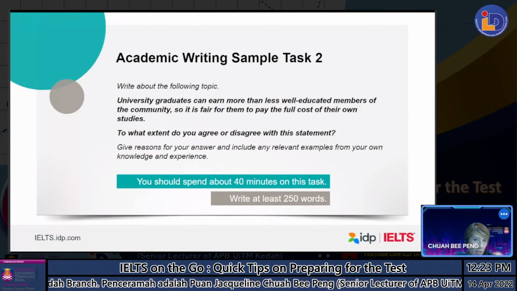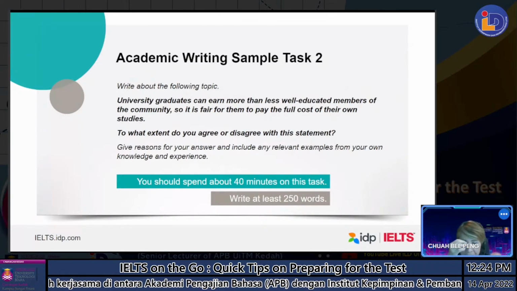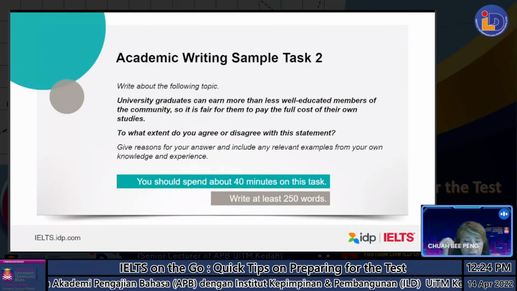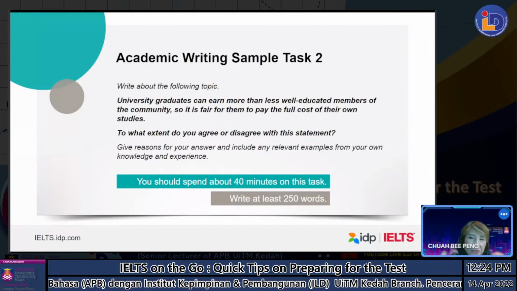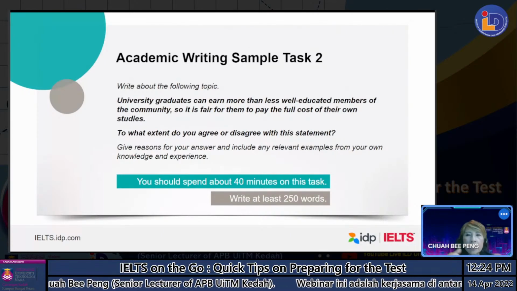30% agree, 70% disagree, or 70% agree, 30% disagree. My advice is always choose one over the other. Don't choose the 50-50 because I find it more difficult to write. You may have to write more. So if you choose 70 over 30, that means you may just focus on two points for agree, because you agree more, right? So you have two points for agree and one point for disagree.